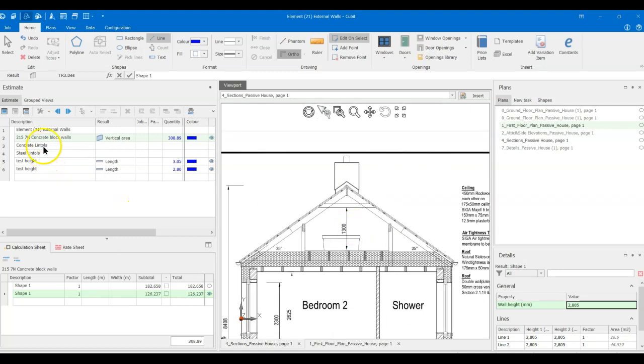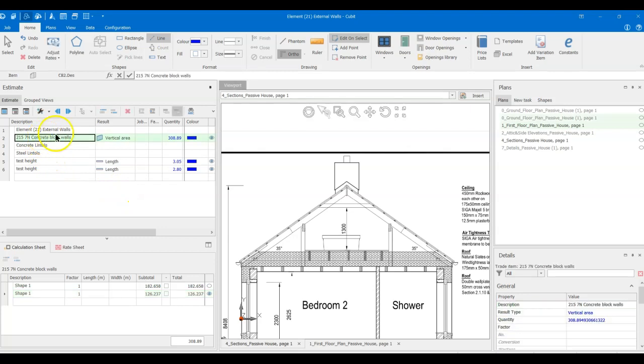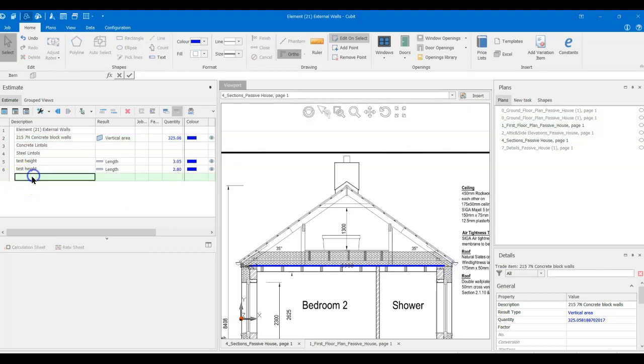Okay. So what I mean by that is a gable is usually half the overall length by the height. So if I get this line here, it's vertical area. If I get that dimension there to there, and if I do my test height there, test height gable,